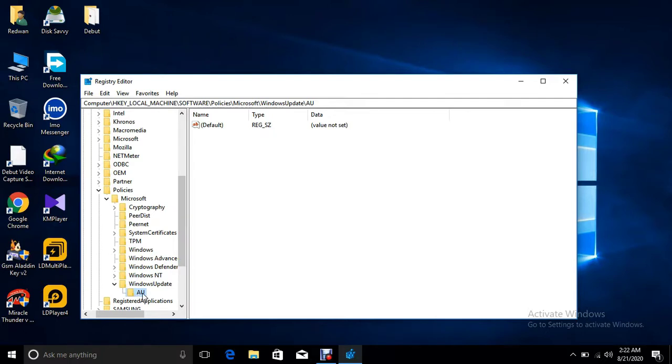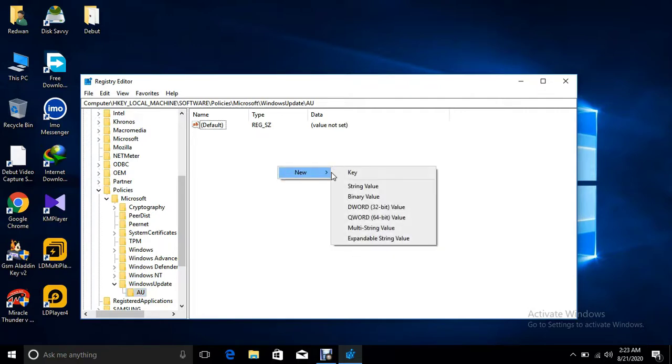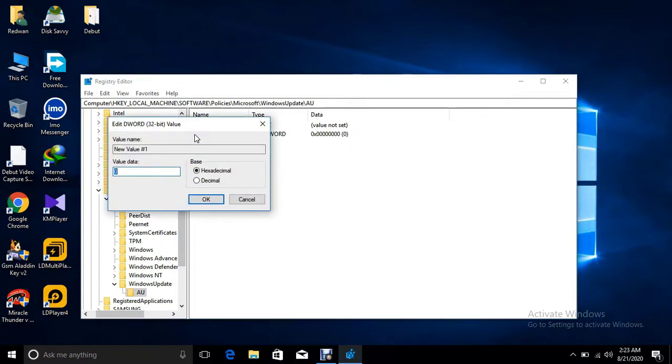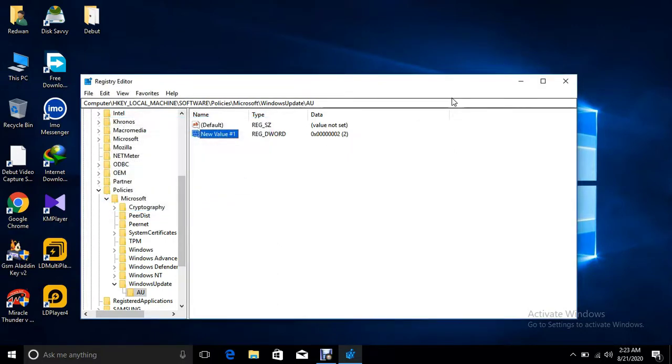So pressing that AU, I will right click, New, DWORD 32-bit value. Press enter. Then I will open that value, the value data is 0, I will set it to 2. So our registry tweaks are done.